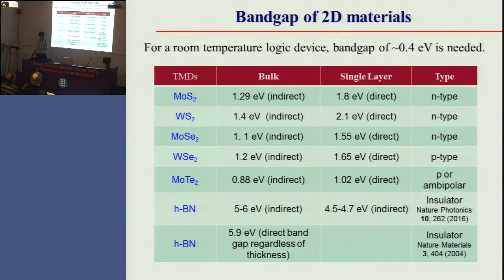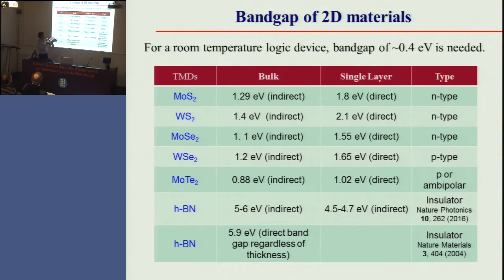As I mentioned, the band gap of two-dimensional materials is important. The reason is that for logic devices or something like switching devices, you need band gaps. The disadvantage of graphene is that it does not have band gaps. So graphene in itself cannot be used as an element for logic circuits; you have to intentionally make some band gap in graphene if you want to use it for logic devices.